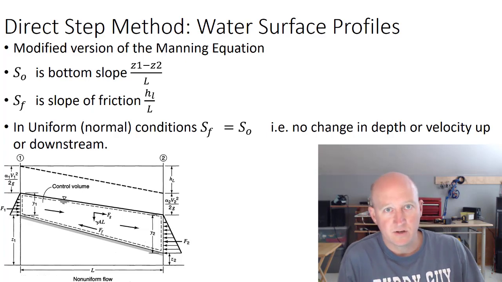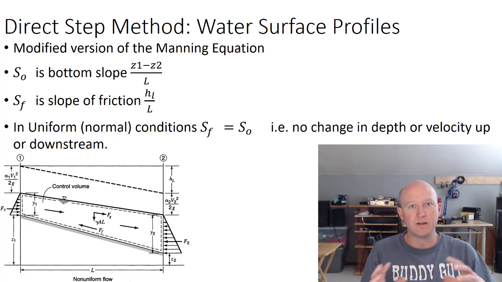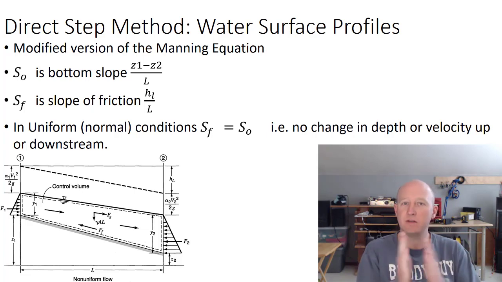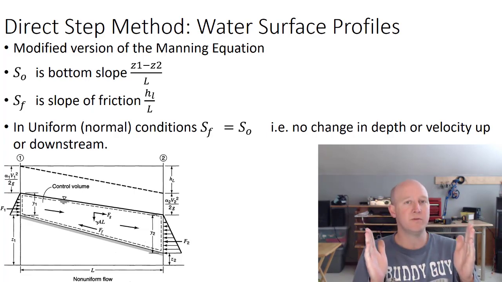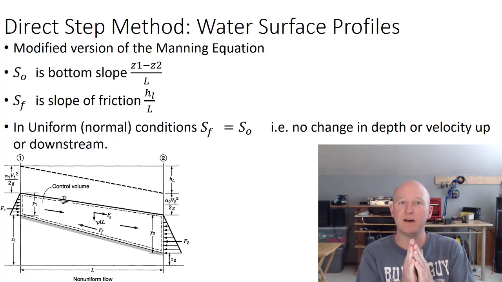The last topic we're going to talk about is the direct step method for water surface profiles. So the idea here is that we can calculate the distance between two known depths. We could even guess a second depth. If we have a first known depth, we guess the second depth and we can find out how far apart